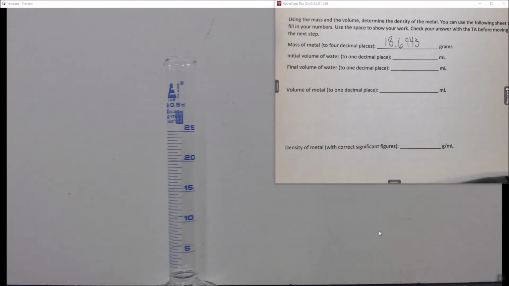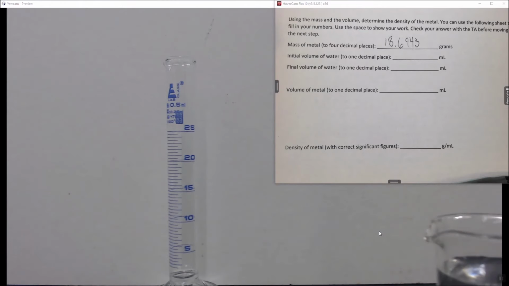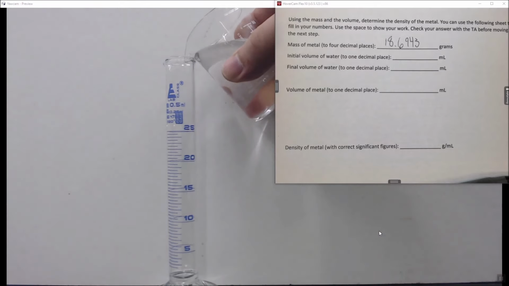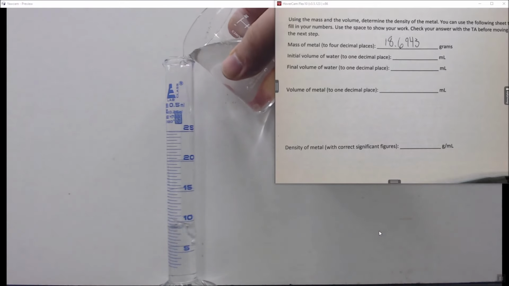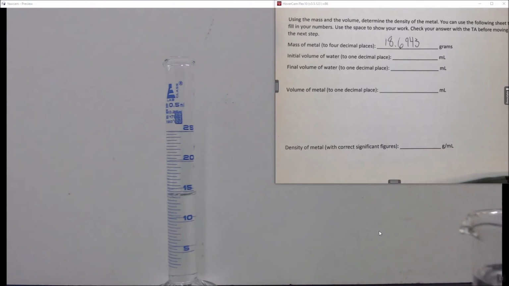It is important that you make use of these markings when measuring volume. So I'm going to measure 15 milliliters in this graduated cylinder. Now you could take a pipette like this and spend the next 3 hours dripping it in. Please don't do that. Instead, pour until you are fairly close. You then need to get down to about eye level,